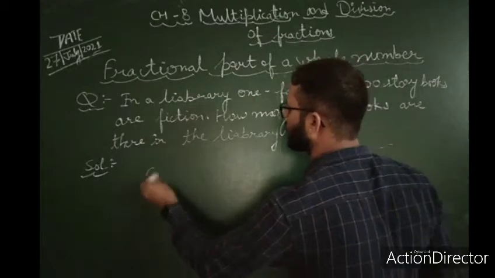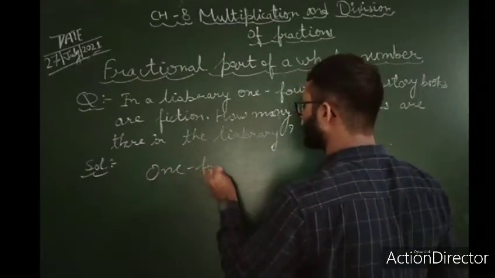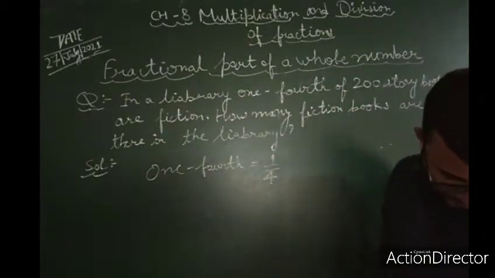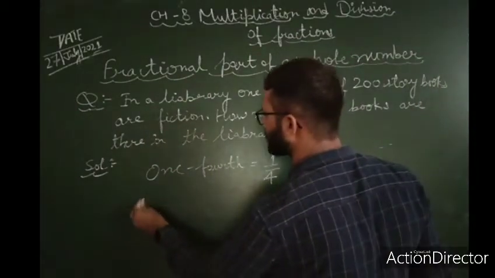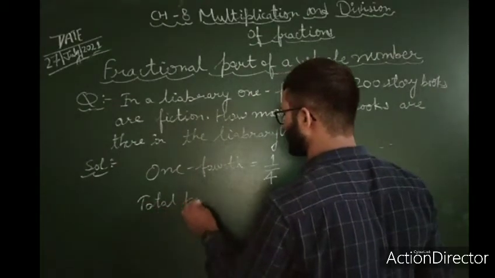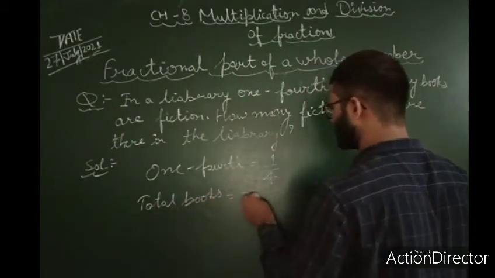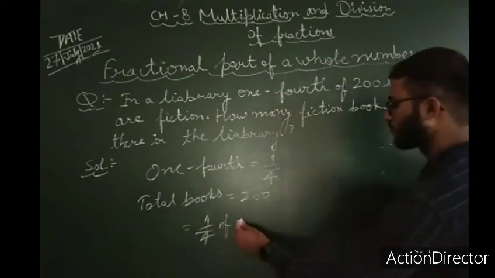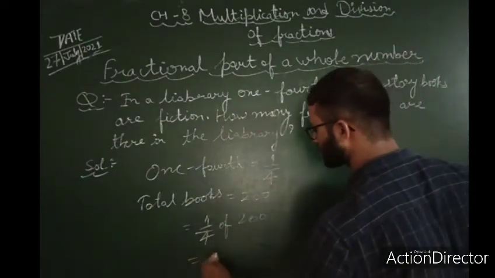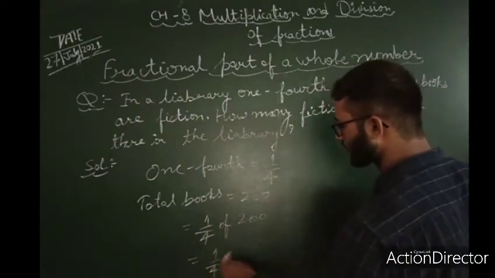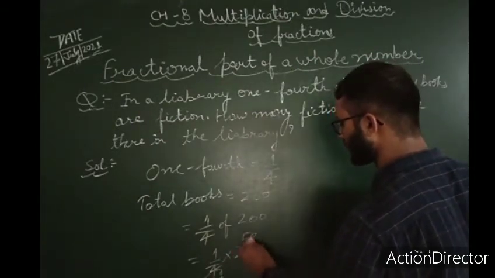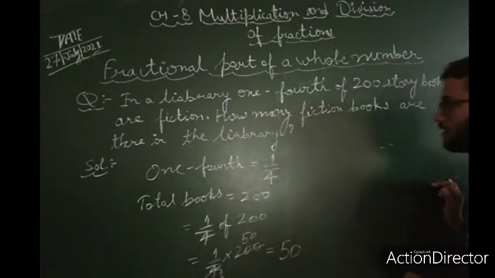So here we write 1/4 equal to 1 upon 4, and here we write total books equal to 200. So here we write 1 upon 4, and here we find 1 upon 4 of 200 books. So 1 upon 4, and this "of" is replaced by the multiplication symbol, and here we write 200. Now 4 ones are 4 and 4 fives are 20. Now here we get 50. So here we say that,